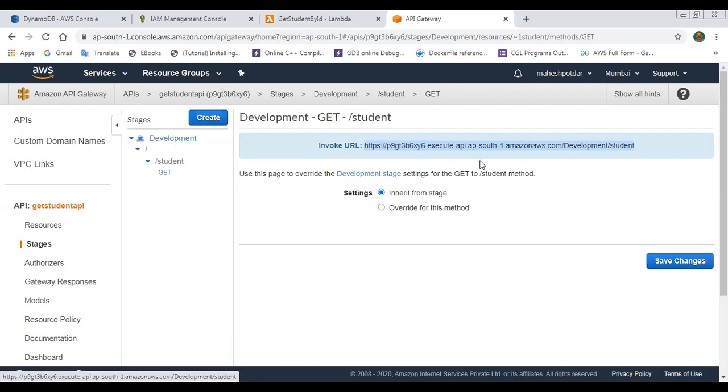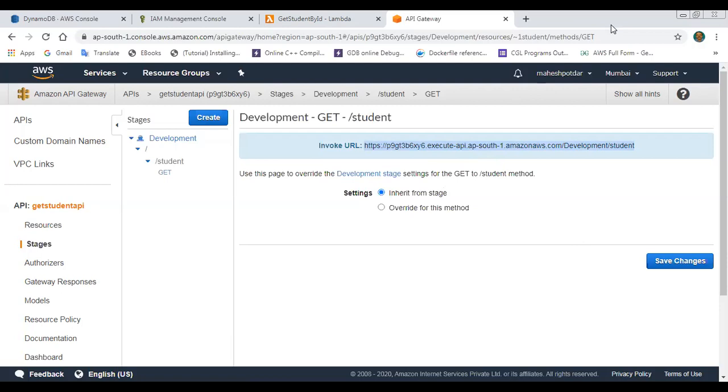So click on this, copy this particular URL, and open the testing tool.